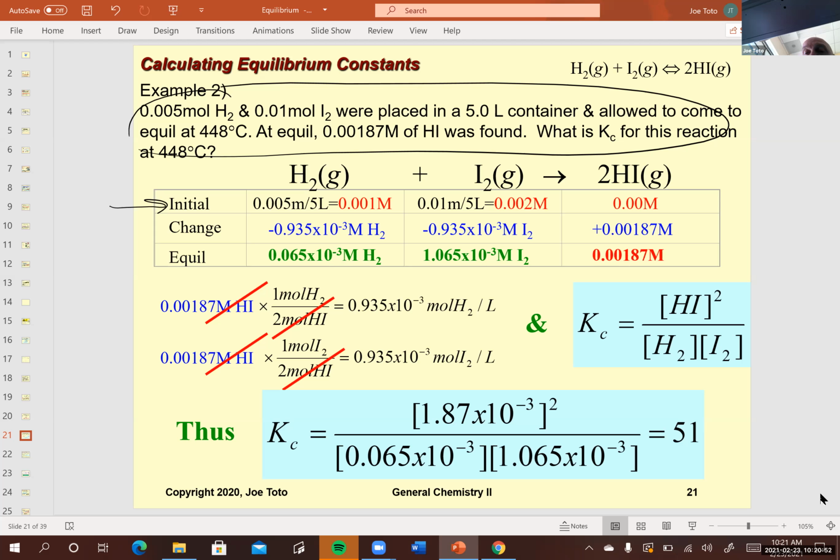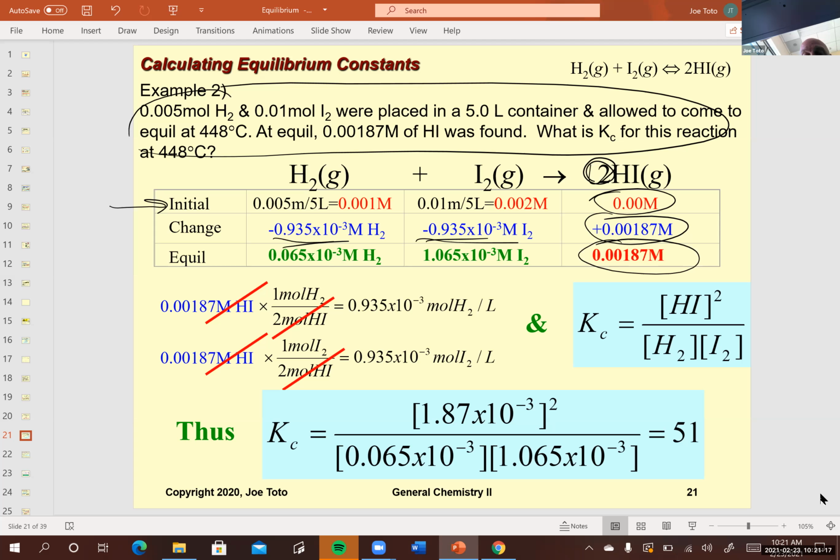If we're not given something, we can assume that it's not present. Then they gave us one at equilibrium. Doesn't matter which one, a reactant or product. Once we have that, we can figure out its change and use the stoichiometric coefficients to find the change of the others